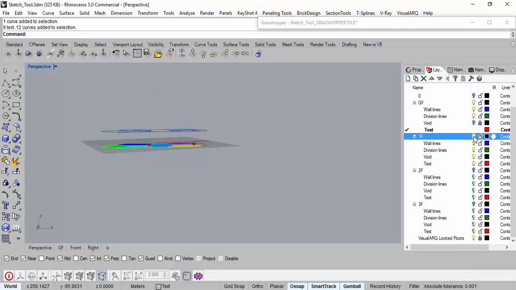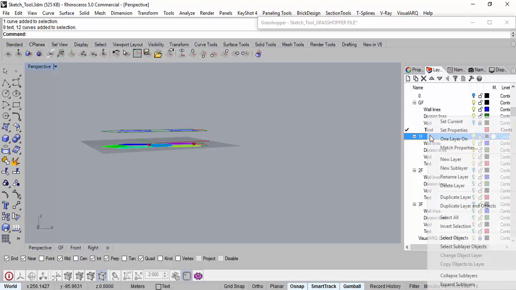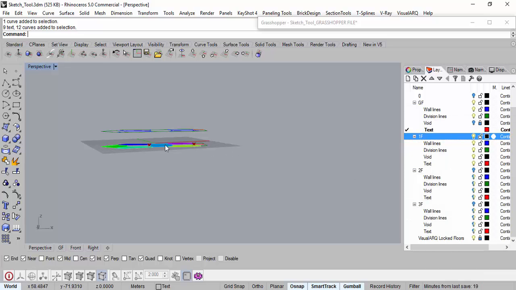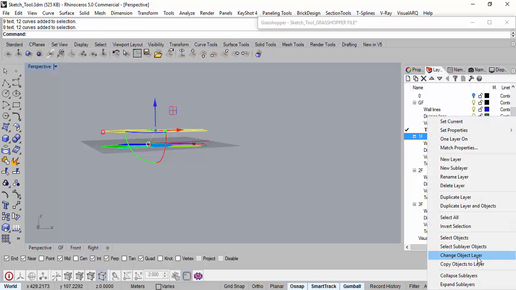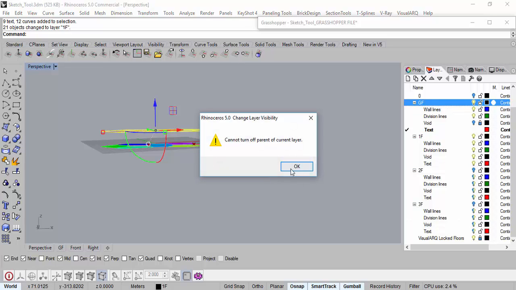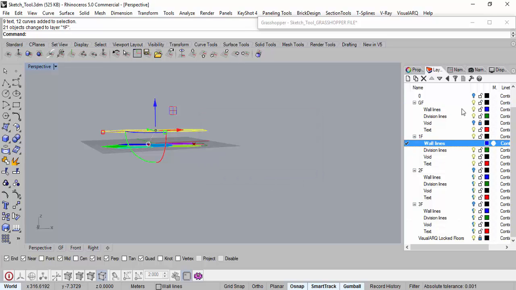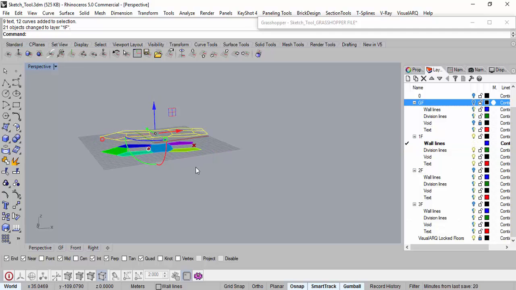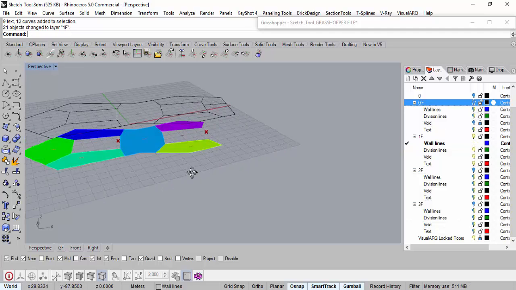I will have to turn the layer on first and select it again, put it under the first floor layer, and now you could put off the ground floor layer. Maybe you want to make this one as the current layer,